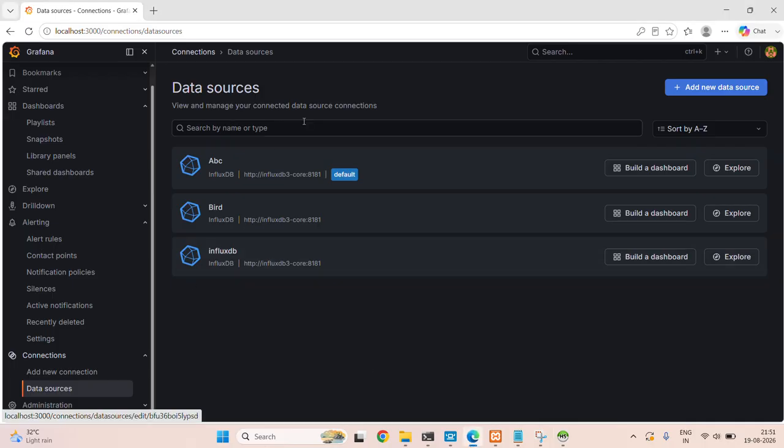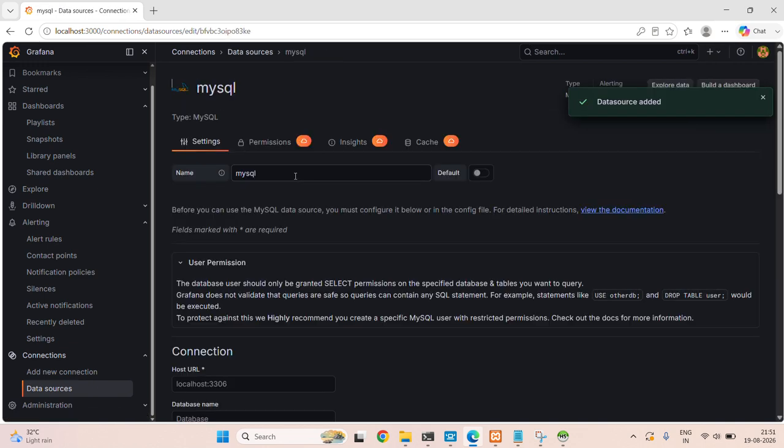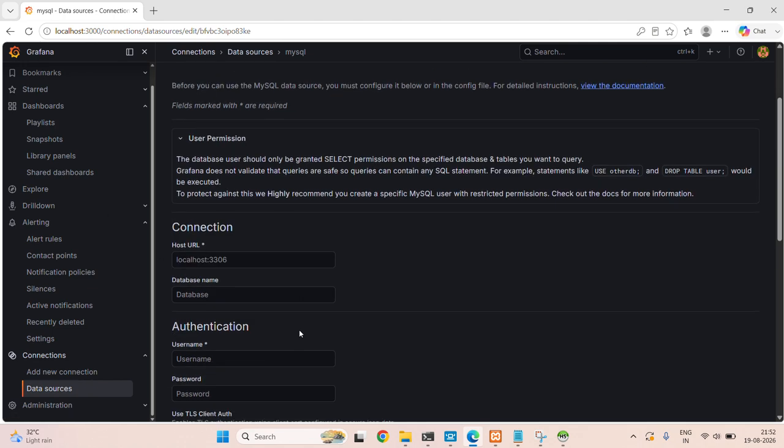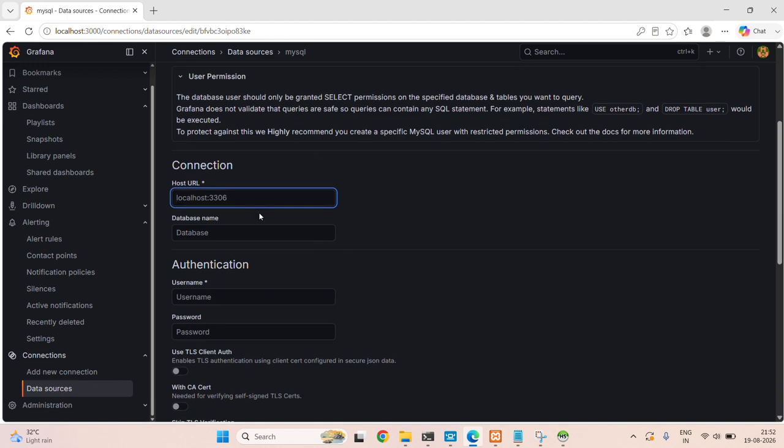Coming to Grafana, in the data source view, add new data source, write SQL. Here you can write the name of your data source as per your choice, and the URL for this will be same as what is written here, but in my case it is 3307, and